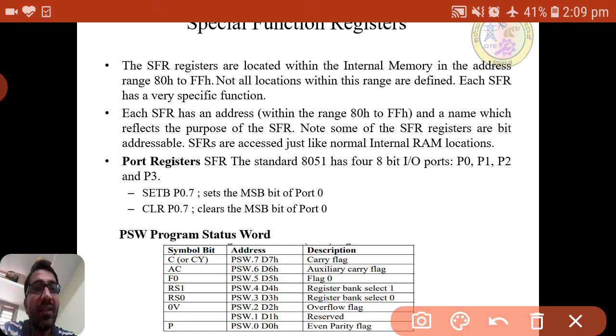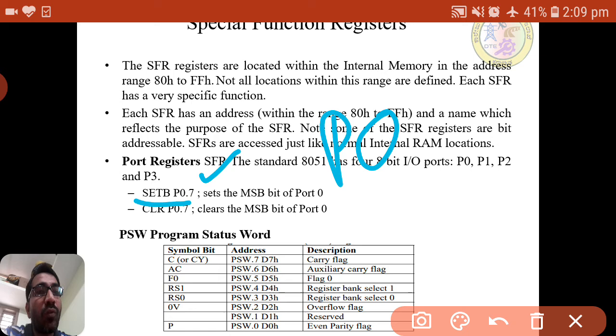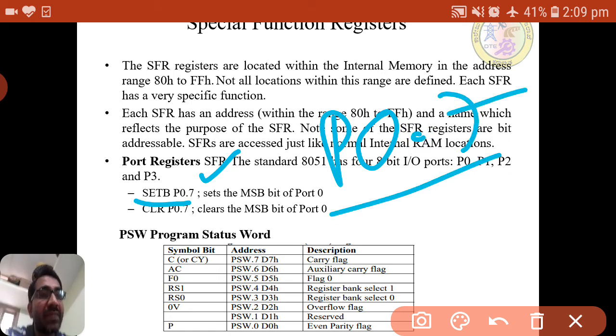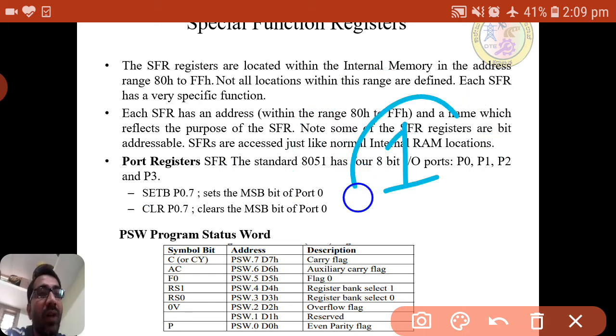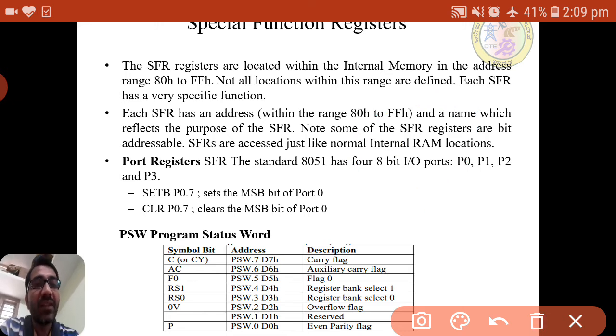Suppose I use the instruction SETB P0.7, where P0 means port 0 and .7 means the MSB. I am setting this particular port 0 last bit, the MSB, to 1. That is using a bit addressable instruction.